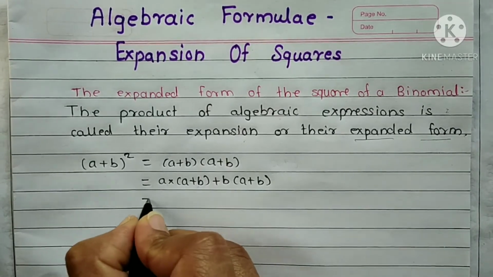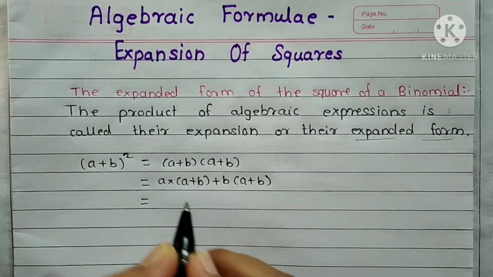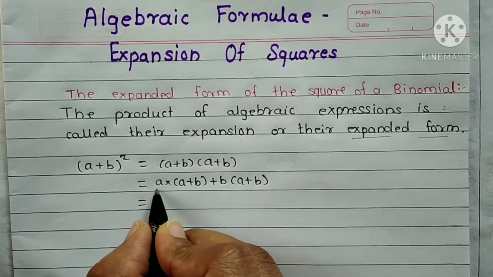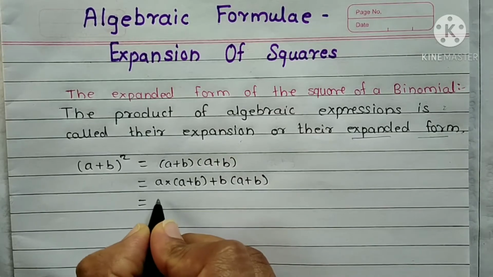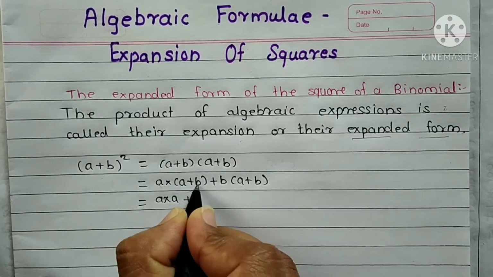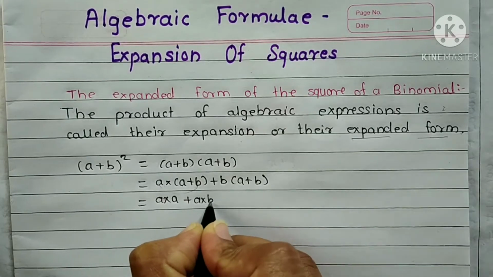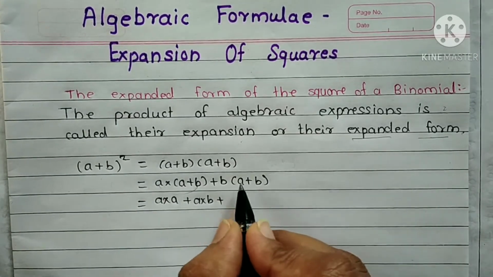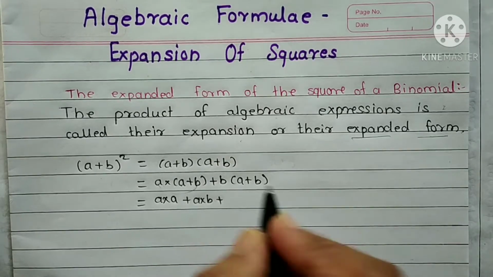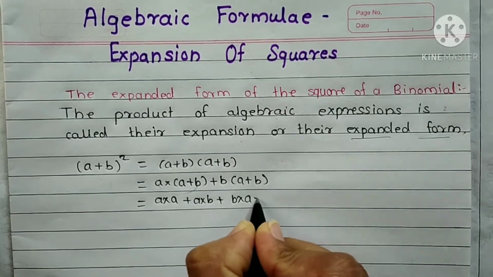Now we multiply each term in this bracket by a, that is a into a plus a into b. Now we multiply each term of this bracket by b, that is b into a plus